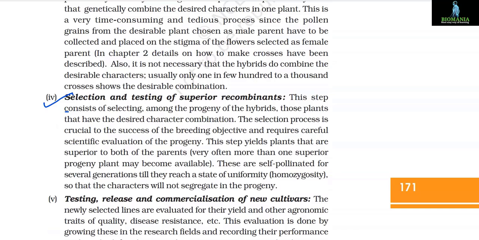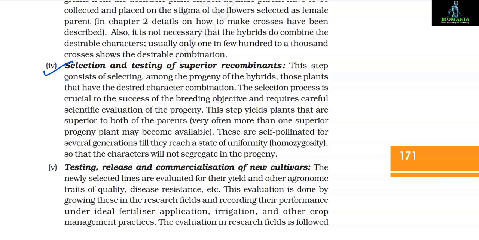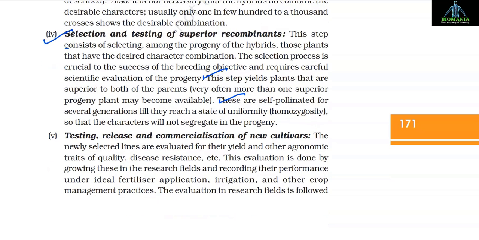Number 4, selection and testing of superior recombinants. This step consists of selecting, among the progeny of the hybrids, those plants that have the desired character combination. The selection process is crucial to the success of the breeding objective and requires careful scientific evaluation of the progeny. This step yields plants that are superior to both of the parents. Very often more than one superior progeny plant may become available. These are self-pollinated for several generations till they reach a state of uniformity, so that the characters will not segregate